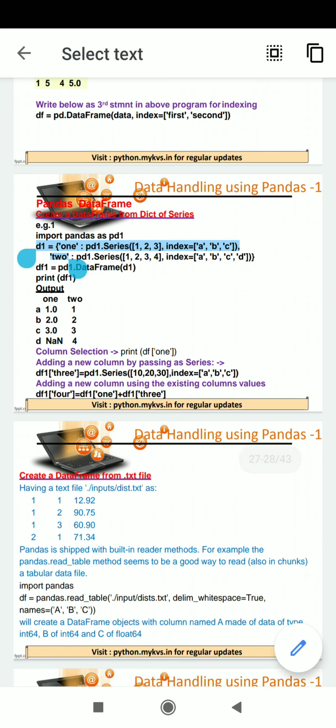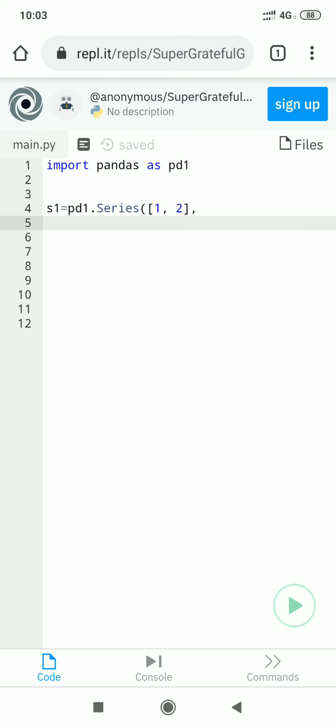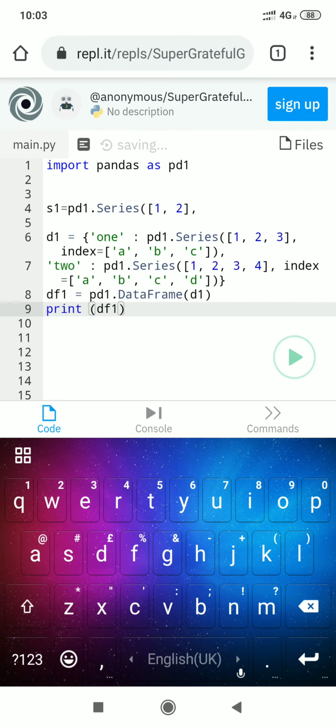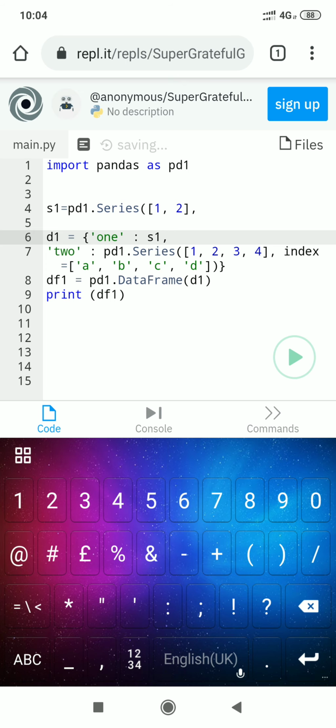I copy from here, then paste here. We are removing this and passing here as 1. Okay, student. Now, student, you are finding that PD1 is an object, and we have created one series with two elements only.